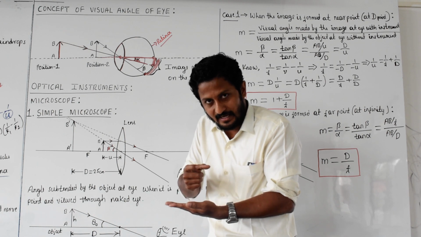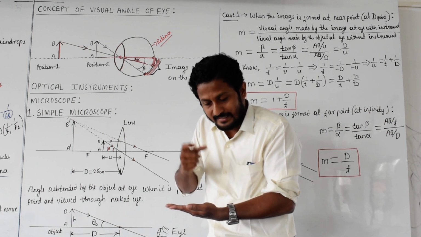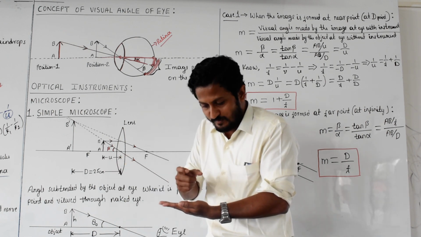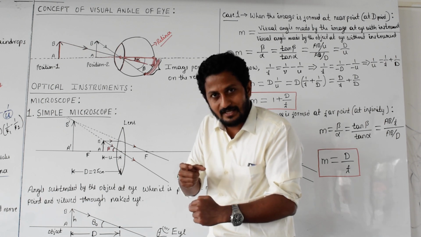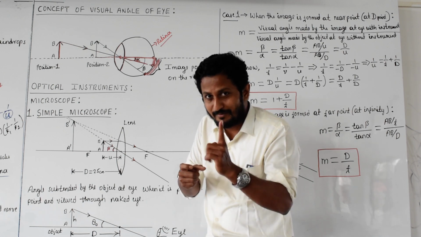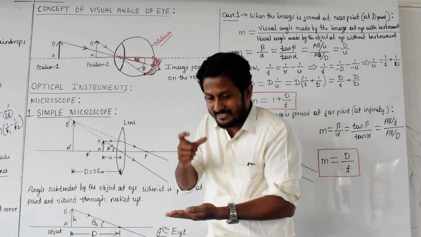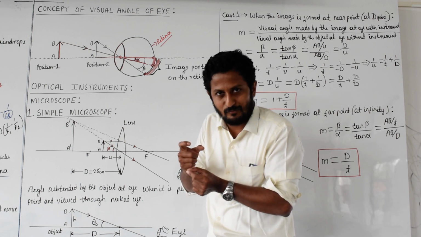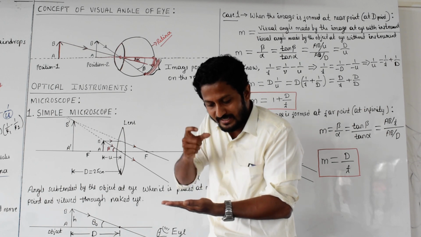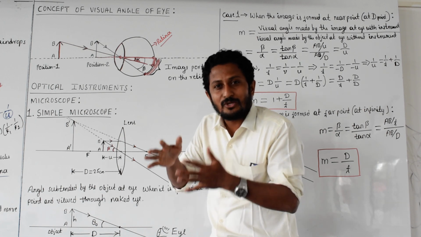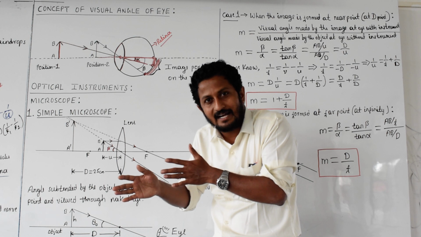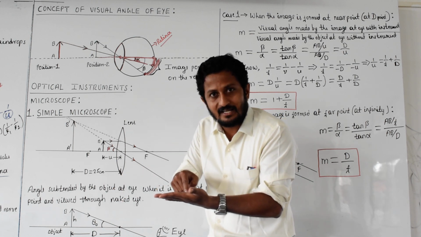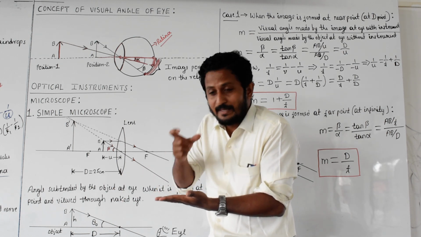As you take it up, the lens moves away from the object. This lens has its focal length, principal focus point, somewhere here. You are adjusting like that so that the object is going to come between